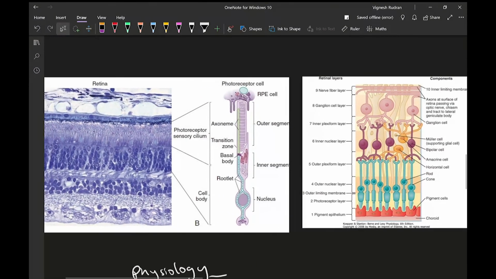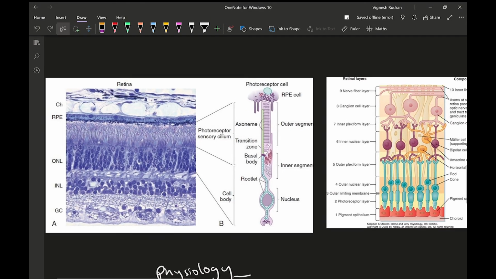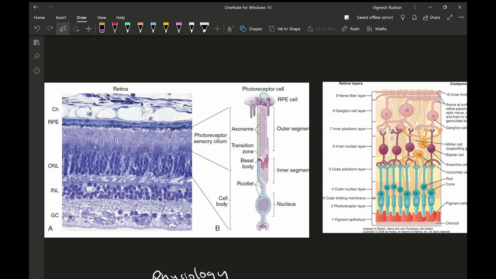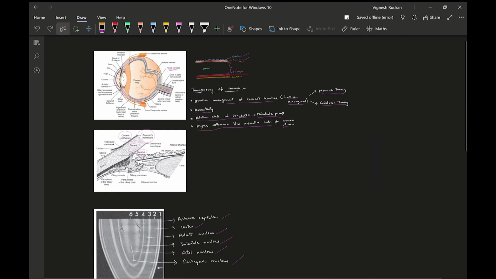Finally, the layers of retina are one of the most favorite questions and most irritating questions because there's a lot to remember. There are totally 9 layers as you can see. The first one being the pigment layer, photoreceptor layer, outer limiting, outer nuclear, outer plexiform, inner plexiform, ganglion cell layer, nerve fiber. If anyone has any kind of mnemonic to remember this, please do comment. It will be really useful. Even I need to find some way to remember this better. So those are the things which you need to know with respect to anatomy.